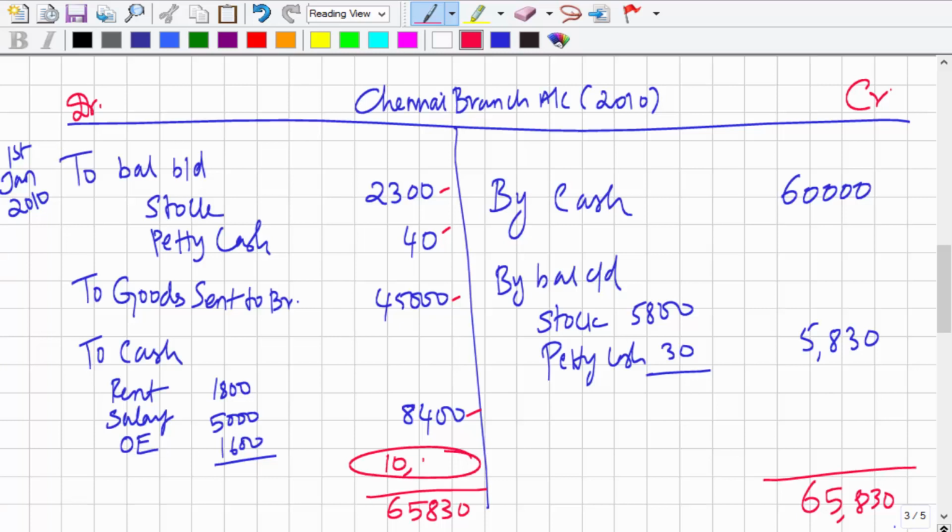It works out to 10,090, and this is nothing but the profit, and this profit got to be transferred to general P&L. So we'll say to general P&L account, to general profit and loss account, it is going to be 10,090. So in this way, we have prepared branch accounts for both the years for Chennai branch, that is 2009 and